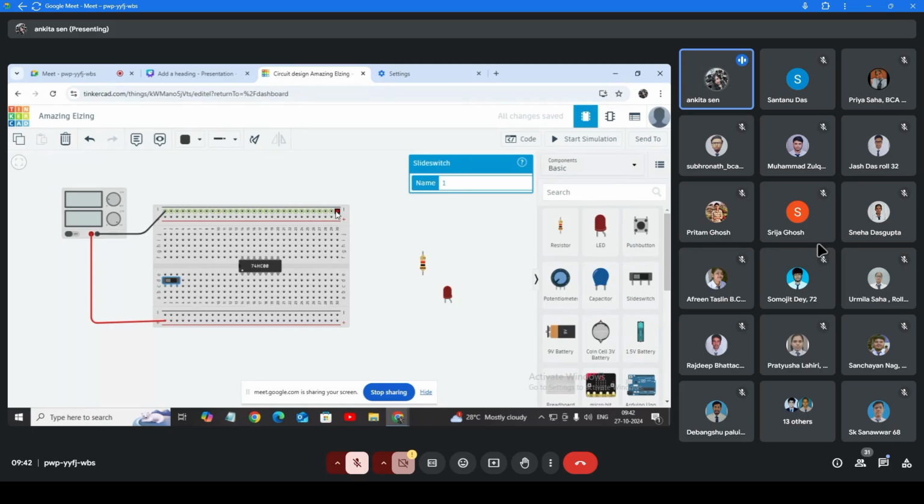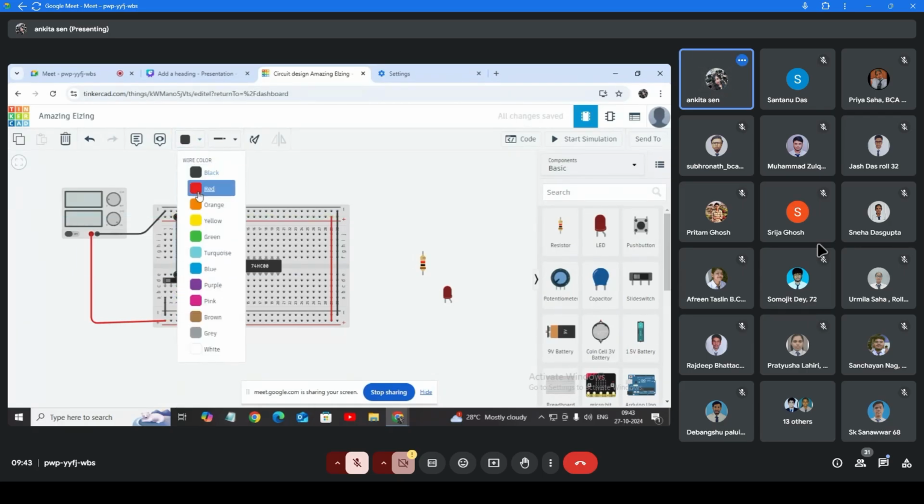Okay, so this is terminal 1, let's connect it to this pin. This is terminal 2, you need to connect it to the upper side for making it more clear.